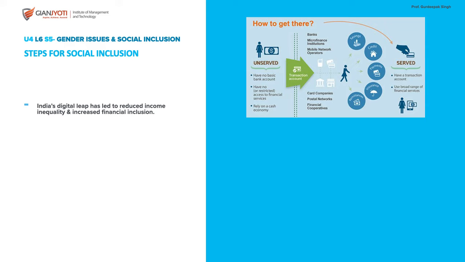So earlier people were not served, they were unserved. Any money that was going from the government was not reaching those groups or any policies or schemes. So with the digital platform,